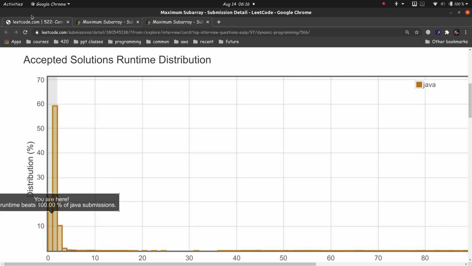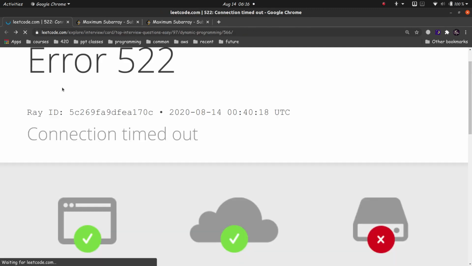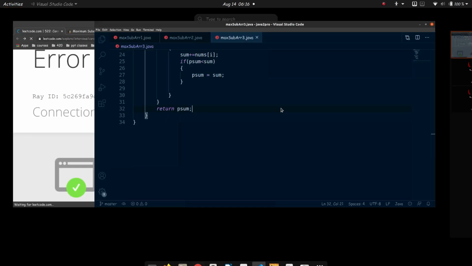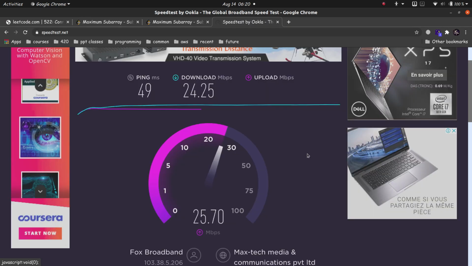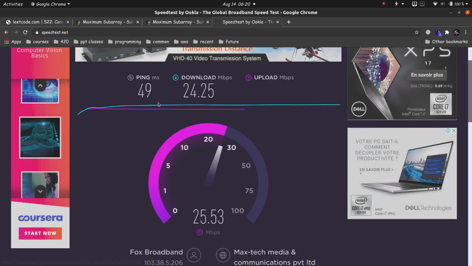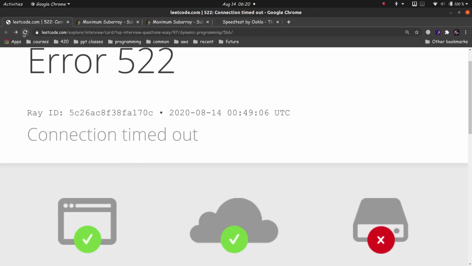So I don't think it will still work. They were having a server problem the whole night. That's all for this video, and I hope I was able to make this problem clear to you. As you can see, my internet is not the problem, the LeetCode site has a problem.